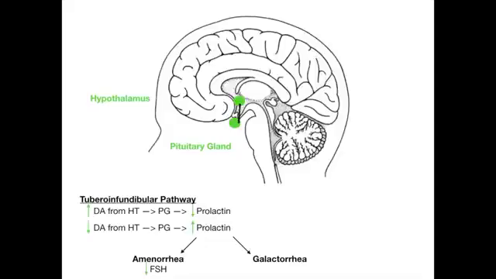When you decrease levels of dopamine with an antipsychotic, you're raising levels of prolactin. Prolactin will inhibit FSH, which causes amenorrhea, and increased levels of prolactin will cause galactorrhea. So classically, there's a classic side effect from antipsychotics where patients are decreasing their levels of dopamine and all of a sudden they have milk coming through their breasts. And this is due to hyperprolactinemia. So very, very high yield. Understand this pathway. But again, inverse relationship between dopamine and prolactin, and then again, inverse relationship between prolactin and FSH. Very, very, very high yield.